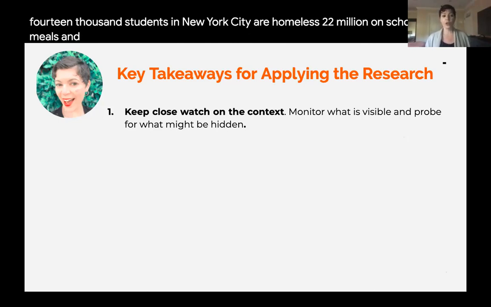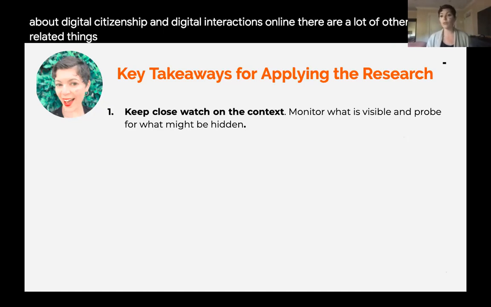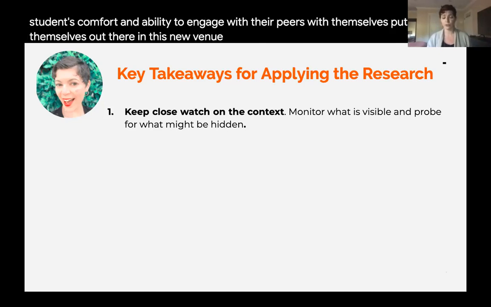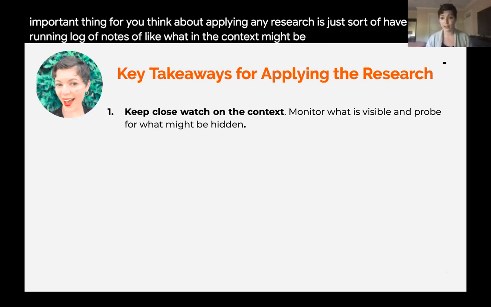And those are things that you might be able to see. When you're talking about digital citizenship and digital interactions online, there are a lot of other context-related things that you might not be able to see that are going to affect a student's comfort and ability to engage with their peers, with themselves, to put themselves out there in this new venue format. And so I think the first and most important thing before you think about applying any research is just to monitor the context and just to have a running log of notes of what in the context might be affecting these kids, and to have